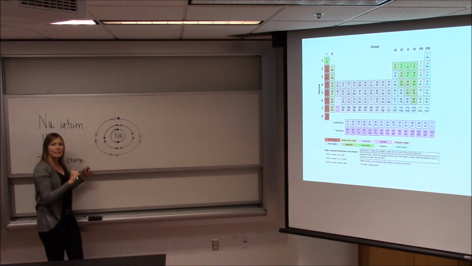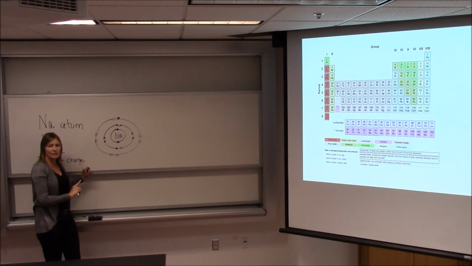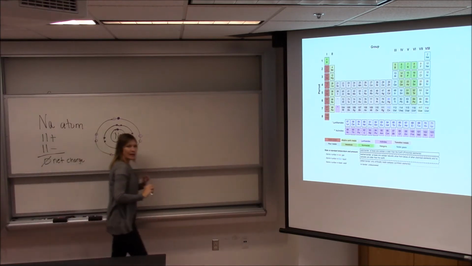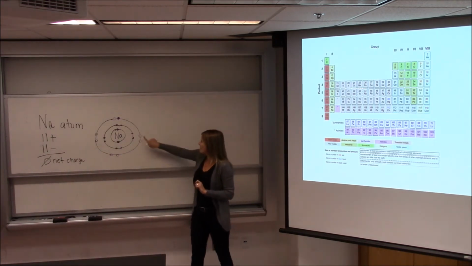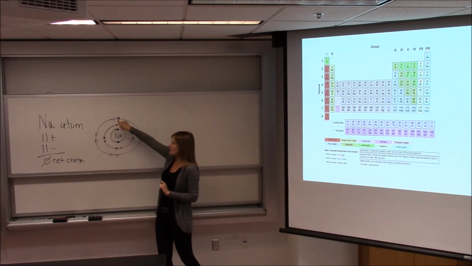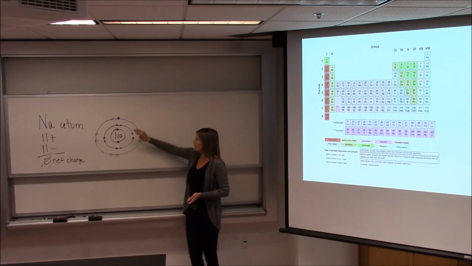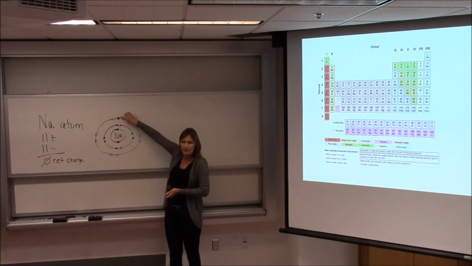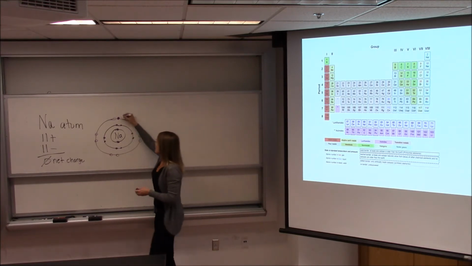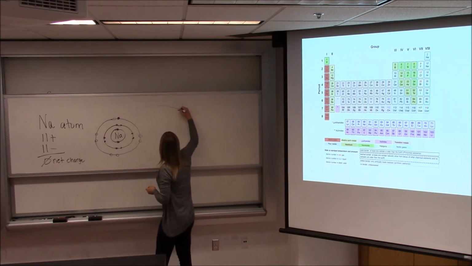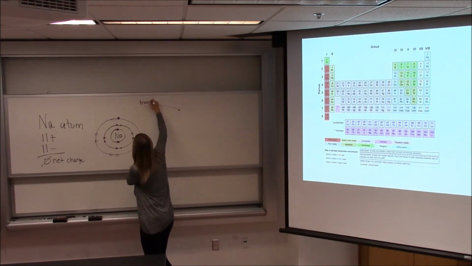Remember, every atom needs a complete outer shell to be stable. In the case of sodium, sodium would have to share electrons with 7 other atoms. That is very unlikely to happen. In fact, it doesn't happen. Instead, sodium would rather give this electron away to somebody else. If sodium gives this electron away to another atom, transfer of electron,